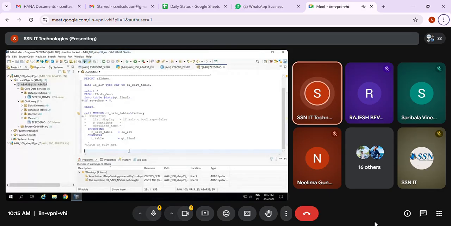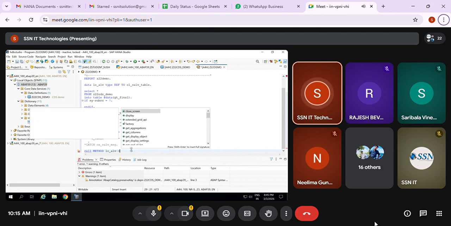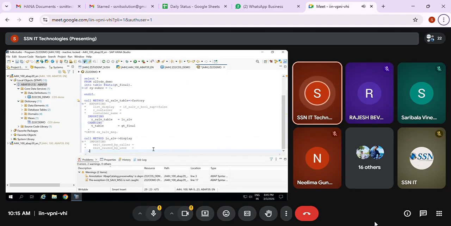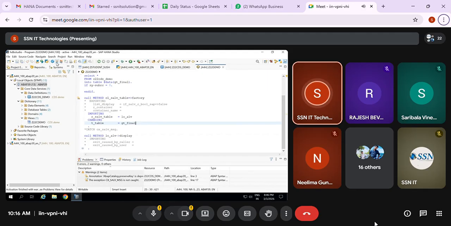If you call that, it will be CALL METHOD, the object name. I referred LO_ALV is the reference, right? LO_ALV is the reference. In that, the method called display. Shift Enter, it will be called. So no need of passing anything to this. I'm just referring to the same class. I pass to the reference how it should be and what the internal table is, and then I'm just displaying with the display method, calling it through the object. Activated. Now I'm just going to run this program.